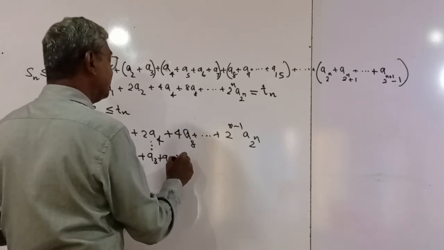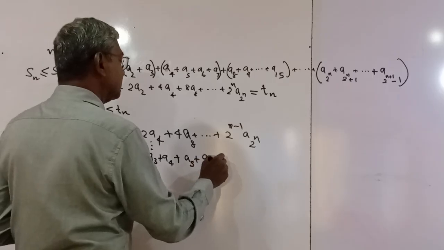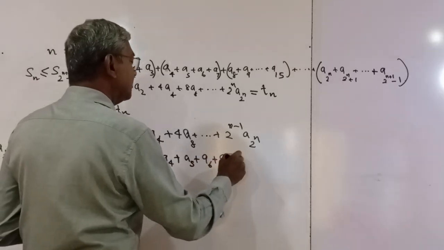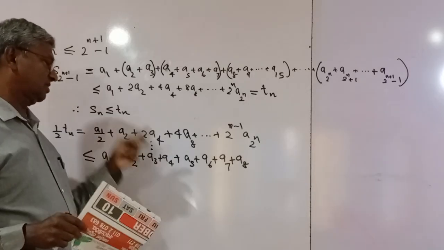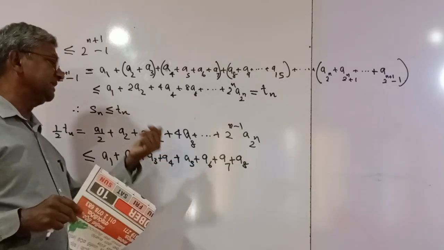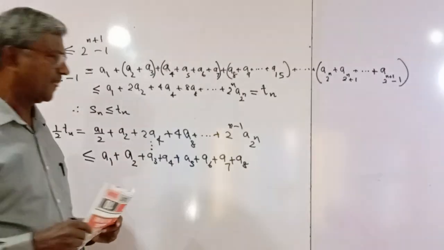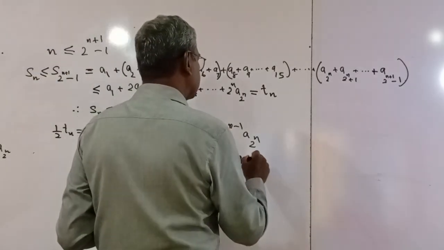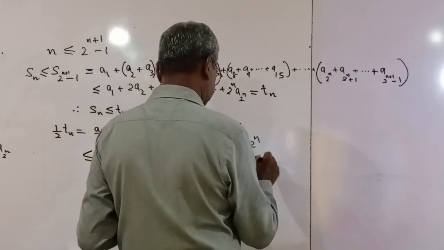Here you have A4 through A8, so I'm saying A5, A6, A7, A8. This is smaller because this one is bigger than this, because it is a decreasing sequence. Right? Then plus here you have A2